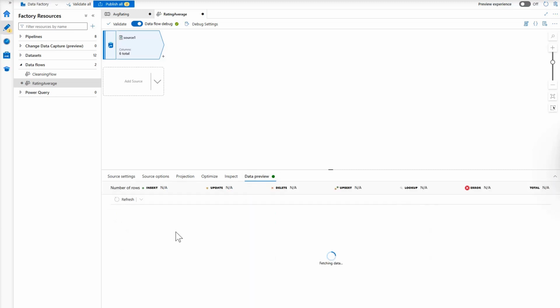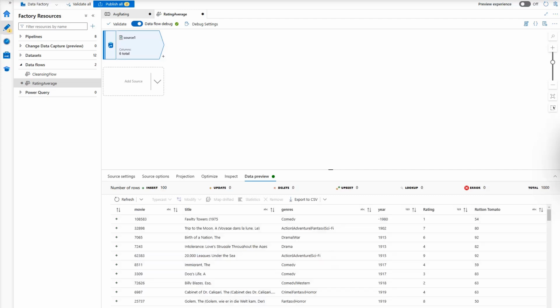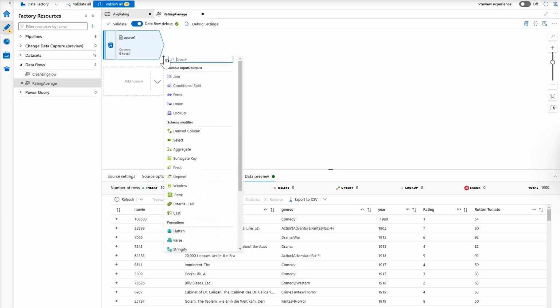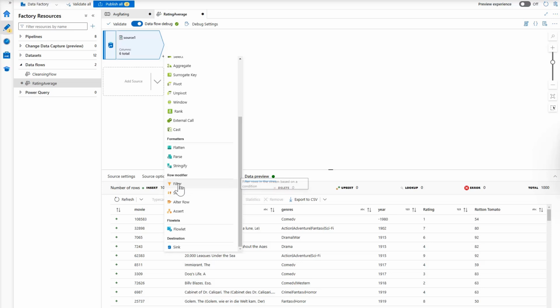And we come here to the data preview, make sure that we can fetch data from the source. Yep, looks good. Then next step, we need to just filter the data to get data for comedy movies only. Also, we want to have the year between 1910 and 2000. So to achieve this, we can add a filter